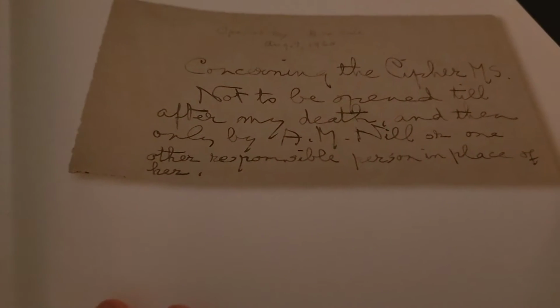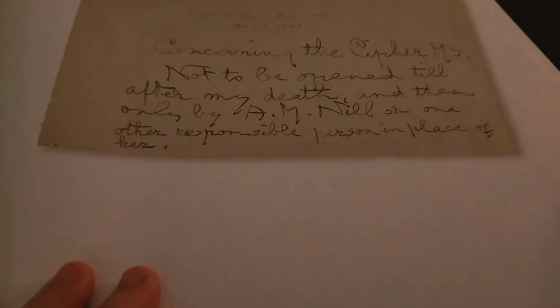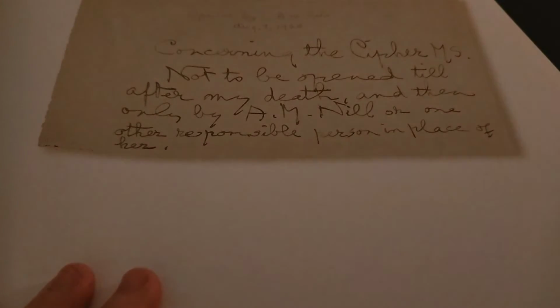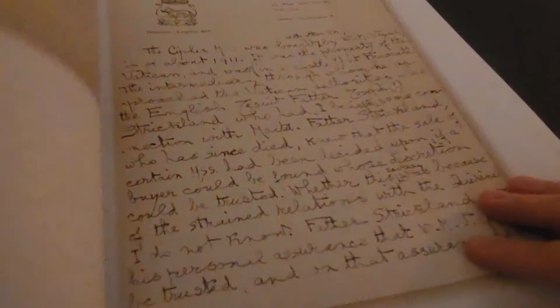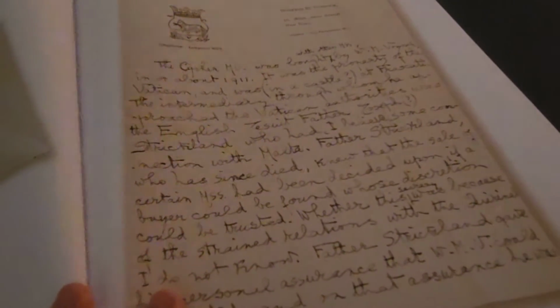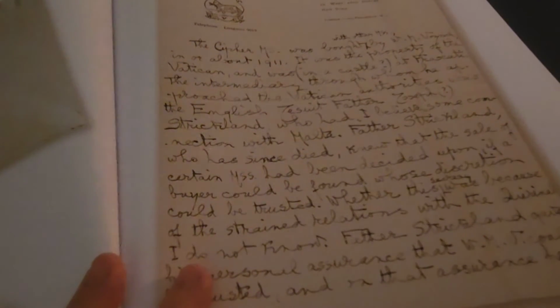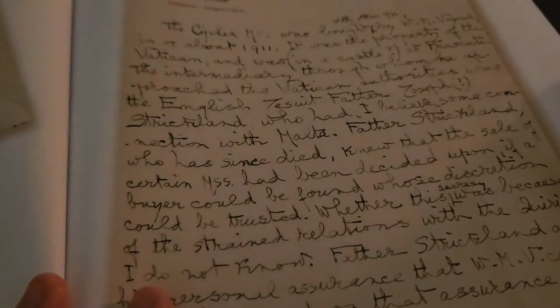Concerning the cipher manuscript, not to be opened until after my death, and then only by A.M. Nill or one other responsible person in place of her. So that's on the envelope. And then the actual letter here kind of details her history, or the manuscript's history, as it was told to her by her husband, Wilfrid. So,